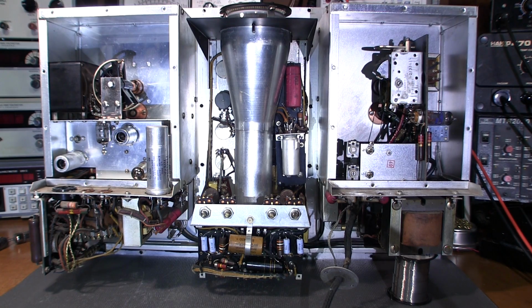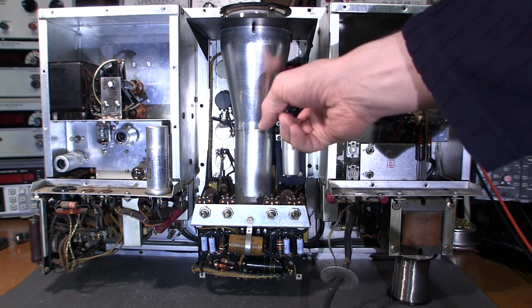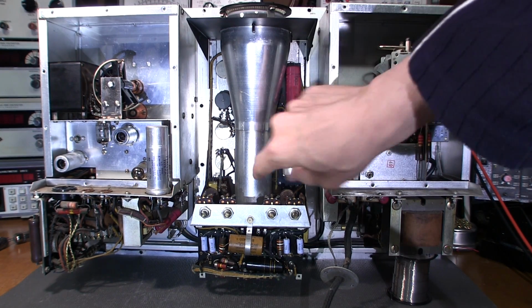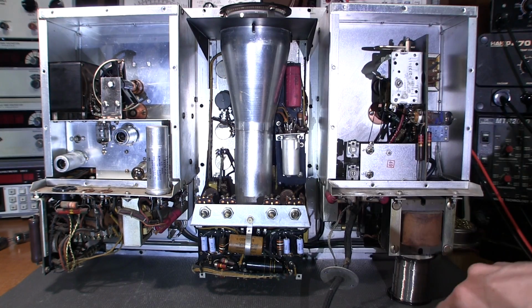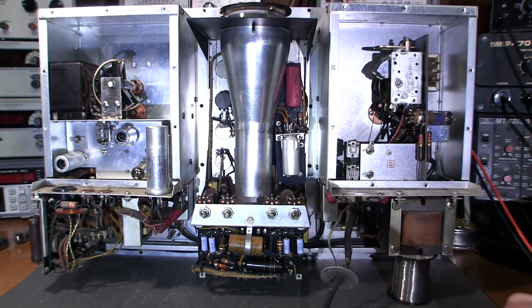The oscilloscope itself looks like it's pretty rough to get at the components in here too. There's lots of components tucked way in behind here, so I'll probably have to remove the CRT and this shield and maybe get in this way. And worst case scenario, I might have to remove this entire thing from the unit itself. So lots of tight components, really crammed in this unit. So lots of stuff to do. So what I'll do is I'll remove the camera from the tripod here, and we'll take a closer look inside